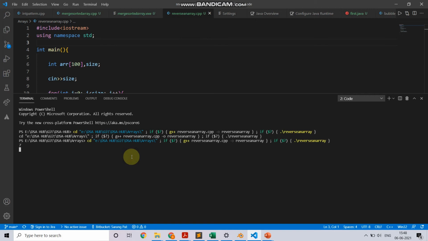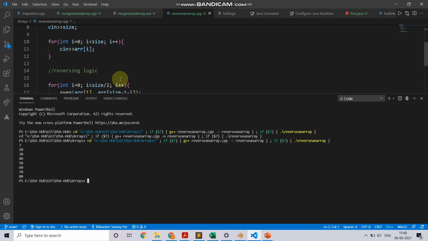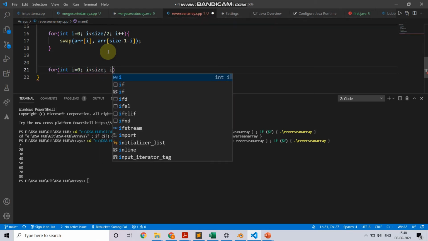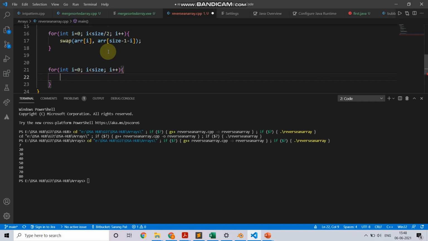Oh, it already ran. 7 is the size of the array. 20, 30, 40, 50, 60, 70 and 80. I think we forgot to print out the array. Yes, we did. Let's do this again. Happens.